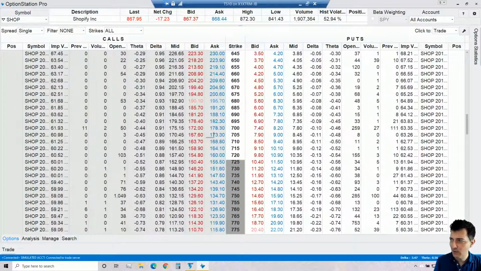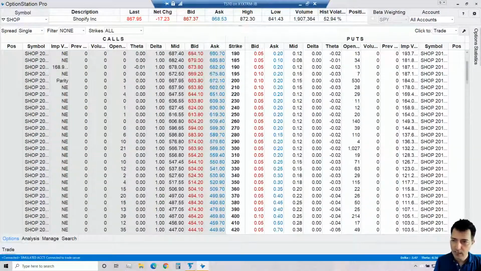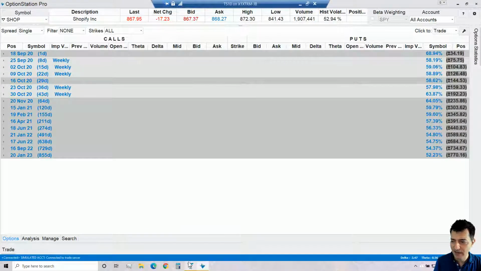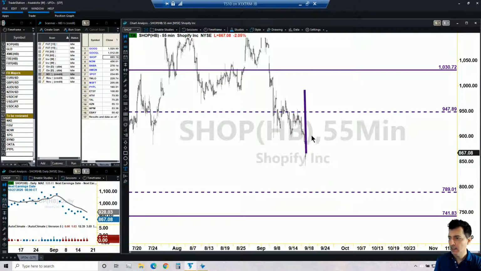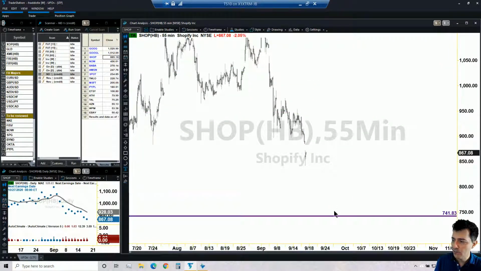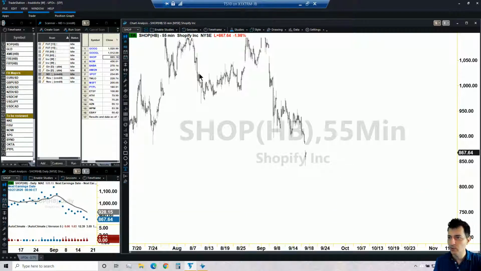I have a feel that we're gonna waste our time, and we only got 20 minutes left before the session is over. So I'm just gonna pass on Shopify. It's getting a bit too complicated. The UFOs are too far. Liquidity that far is not so good. So we're gonna go for the next one, and hopefully the next one will be a good one.